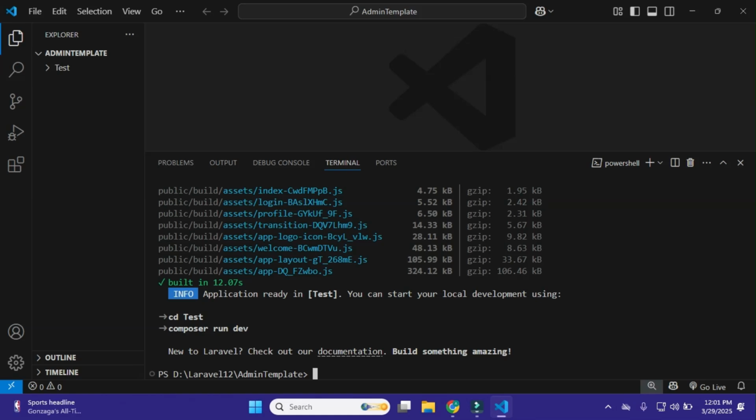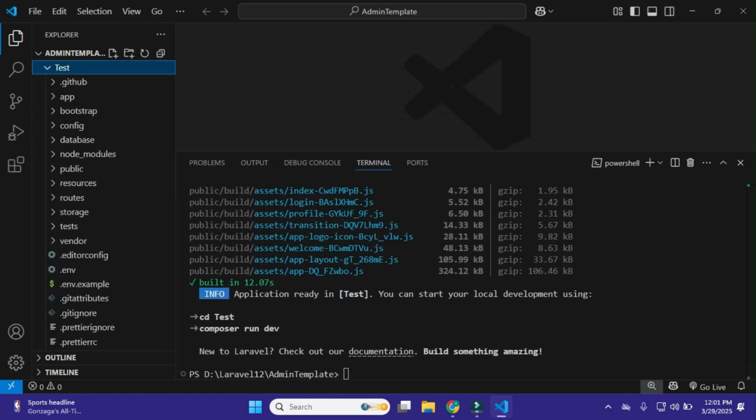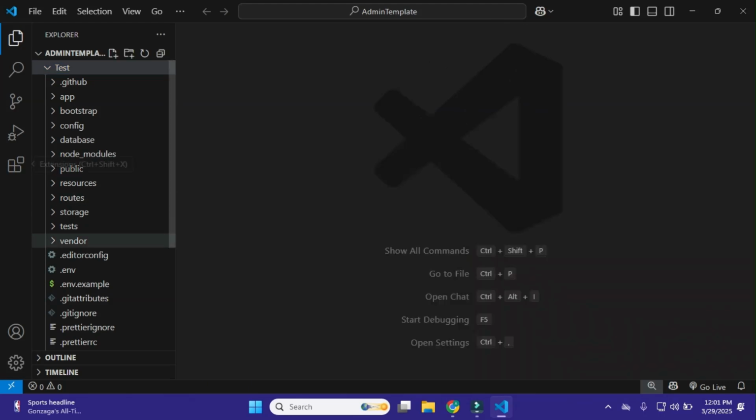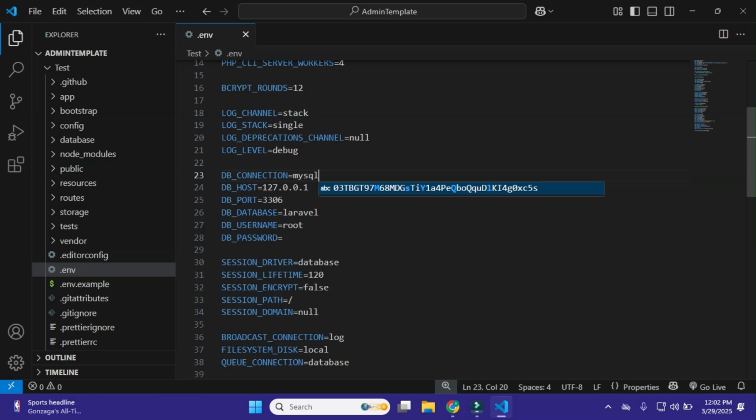Okay, and now first of all what we have to do is set up our database. So for this I'll close this and go to .env and uncomment these database credentials. Okay, and I'll make it MySQL, and in the database I'll give it the name laravel_12_dashboard_template.